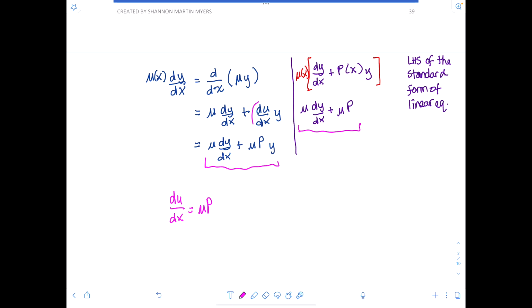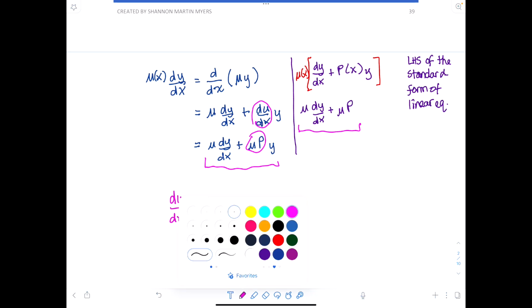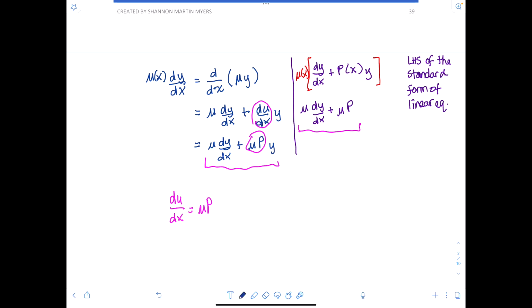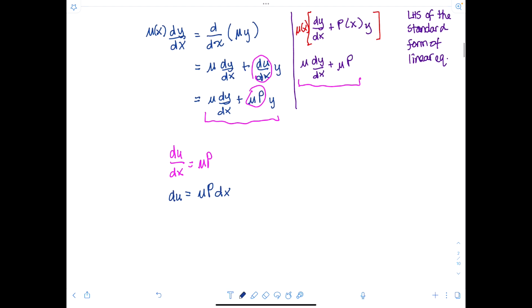So d mu dx has to equal mu times p. So, simplifying this, we're going to have d mu is equal to mu times p dx, and then dividing by mu, you'll have d mu